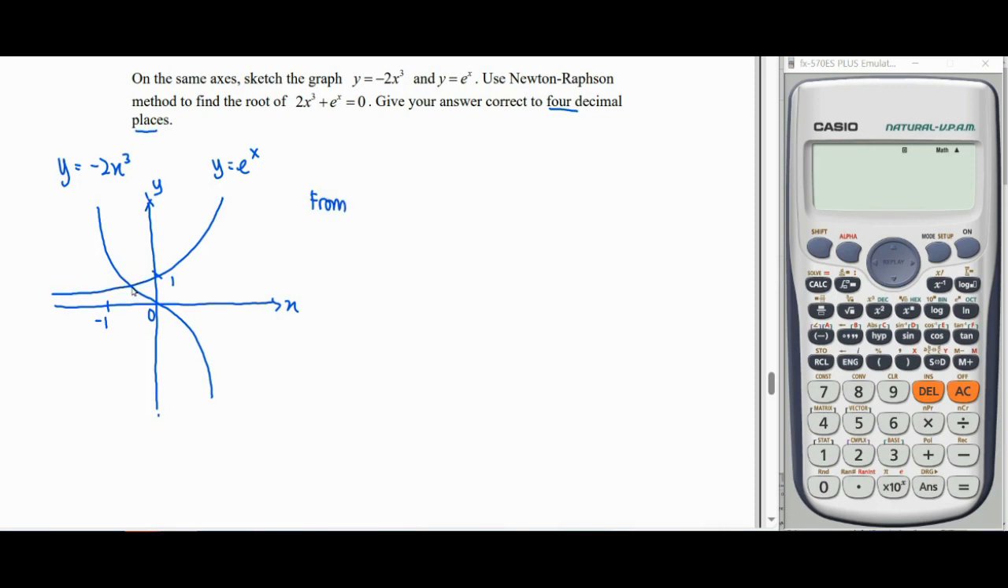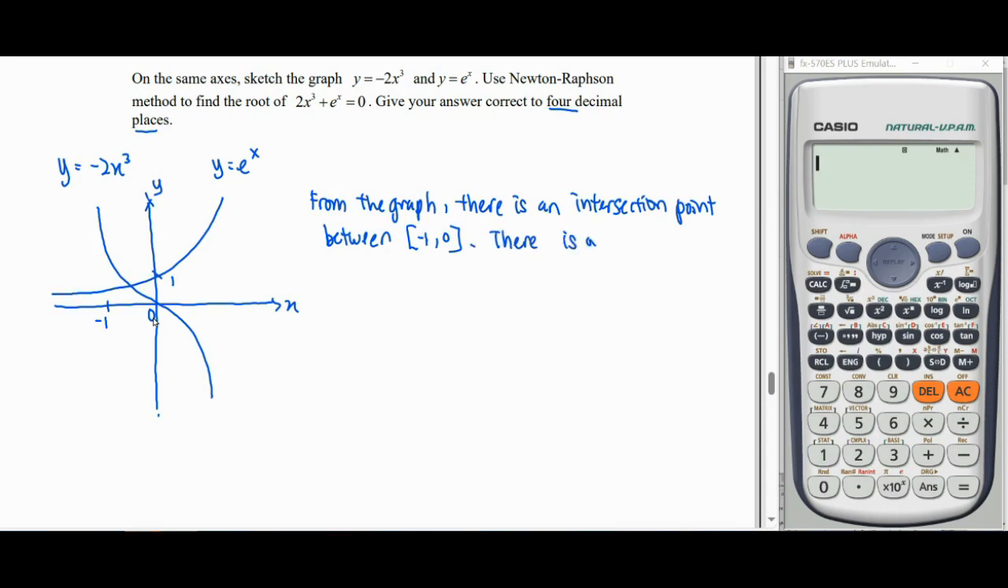So from the graphical method, there is an intersection point between negative 1 and 0. Why do we know it is negative 1? When we put negative 1 into the cubic, it becomes 2. And then our exponential, e to the power of negative 1, will be less than 1. So we know that this intersection point is between negative 1 and 0. So when we find an intersection point, that means there is a negative root between negative 1